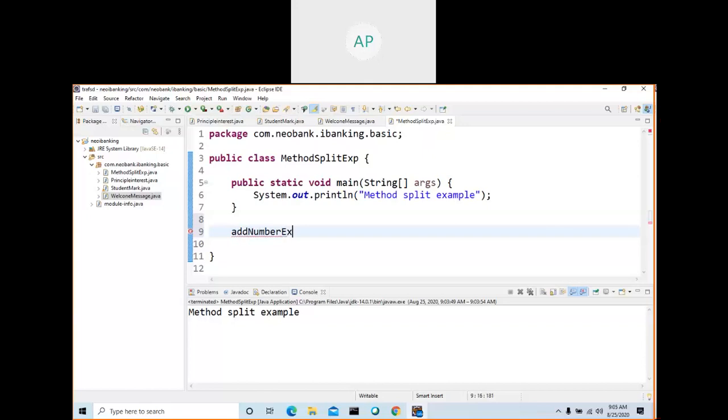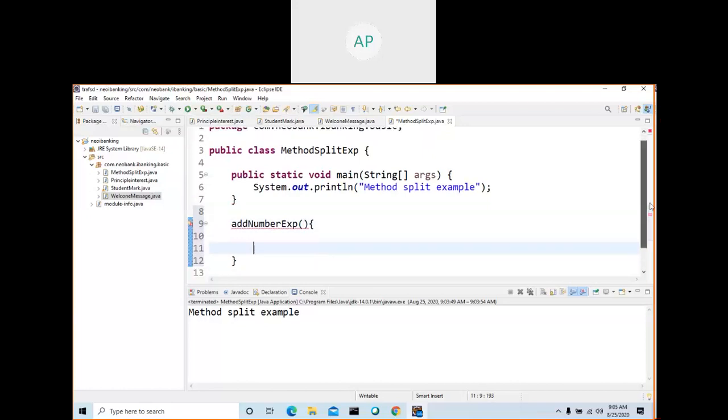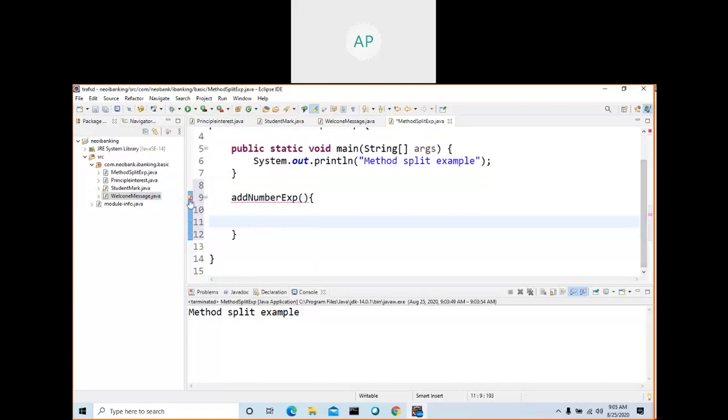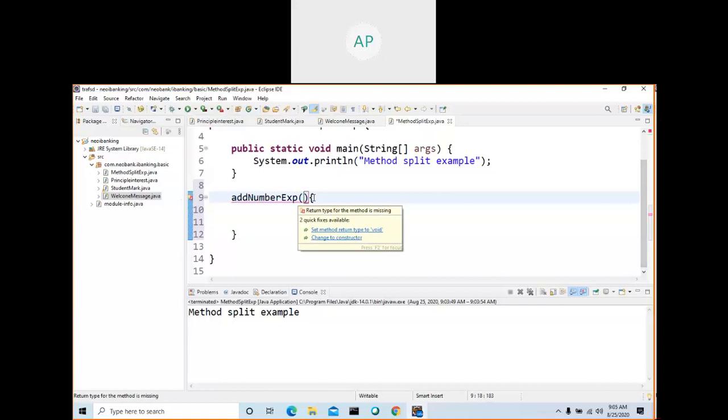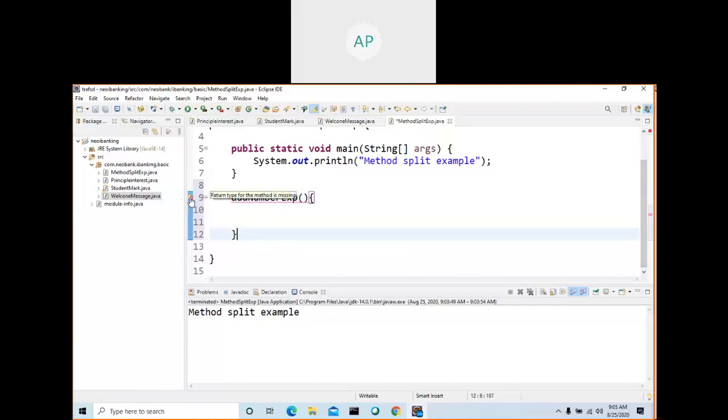So first create a method, something. You want to write the add logic, so add something. It is not a meaningful name; it should always be meaningful. So this is the proper method, but one thing is missing. What is missing? See here, this is the method name, and it can have a parameter or no parameter, an empty parameter. Starting curly bracket is in a proper method. Then why are you getting an error here? Return type is missing.